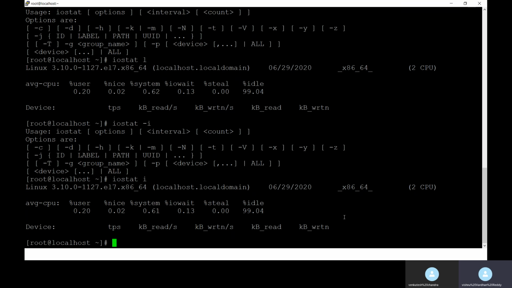So this is iostat, used to monitor input output device load by observing the time the devices are active in relation to their average transfer rates. It checks the input output data. Right now we won't be able to understand what the output and input are. Just read the iostat documentation and you will get to know what the input and output stats are. When we are troubleshooting, at that time we'll get to know these things.